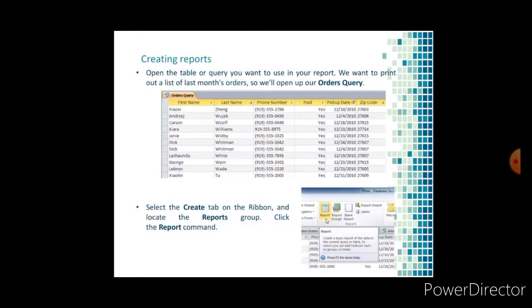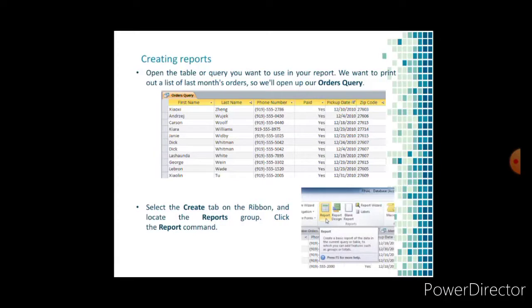Next, creating a report. As with the form, it is a very good idea to create a report using the wizard. Unless you are an advanced user, Microsoft Access does a very good job using the wizard to create a report. First of all, switch to the database window. You can do this by pressing F11 on the keyboard. Click the Reports button under Objects on the left side of the screen.